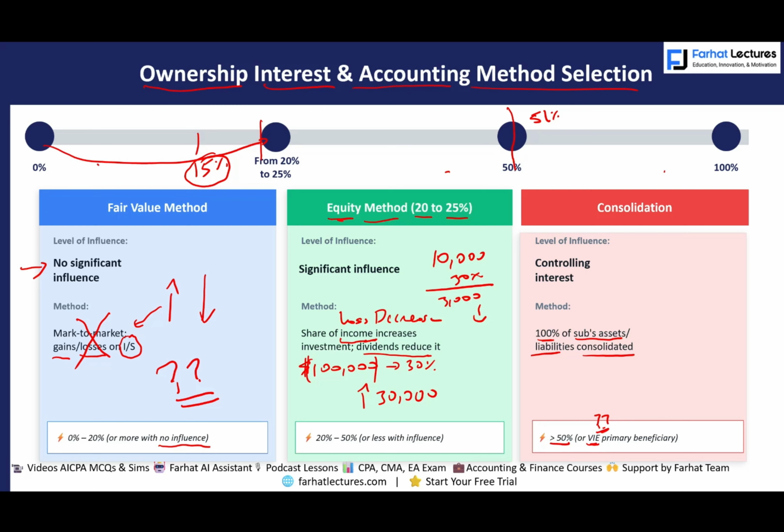So sometimes you don't have to own more than 50%. You can own less. You can own 40% and have control, but you don't have to worry about this. We'll worry about this later on. We're only talking in percentages now. You own more than 50%. You have absolute control. Although it's not 100%, you consolidate as if you own 100% and will account for the subsidiary's revenues and expenses later on.